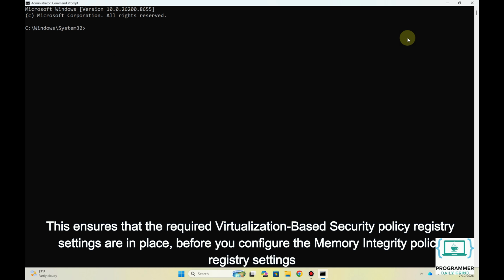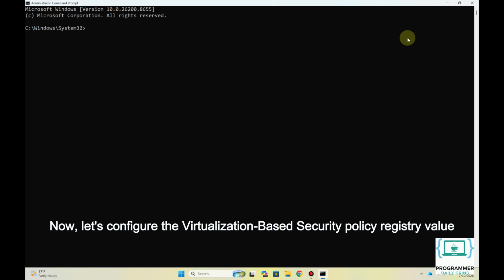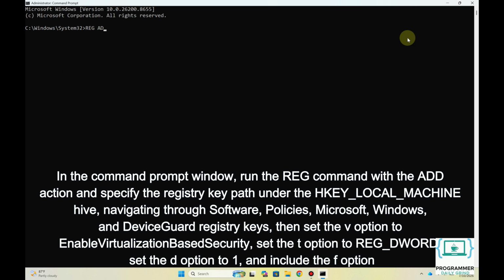This ensures that the required Virtualization-Based Security Policy Registry settings are in place before you configure the Memory Integrity Policy Registry settings. Now, let's configure the Virtualization-Based Security Policy Registry value. In the Command Prompt window, run the reg command with the add action and specify the registry key path under the HKEY_LOCAL_MACHINE hive, navigating through Software, Policies, Microsoft, Windows, and DeviceGuard registry keys,